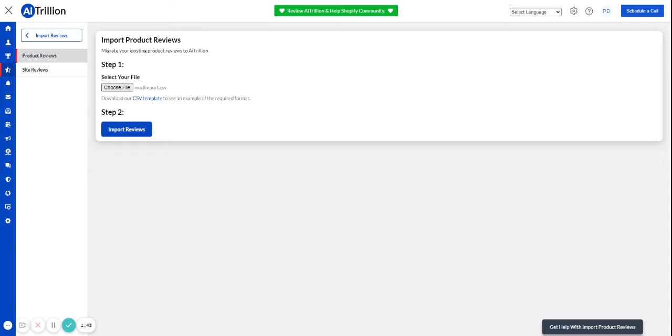Now, before I upload this file, I want to tell you how you can use this template. So basically, you have an export file of reviews from your other application. You come into AiTrillion, you download our CSV template, and you basically transport the data over from one file to the other, or simply rename the columns. Once you're done, click on the Import Reviews tab,